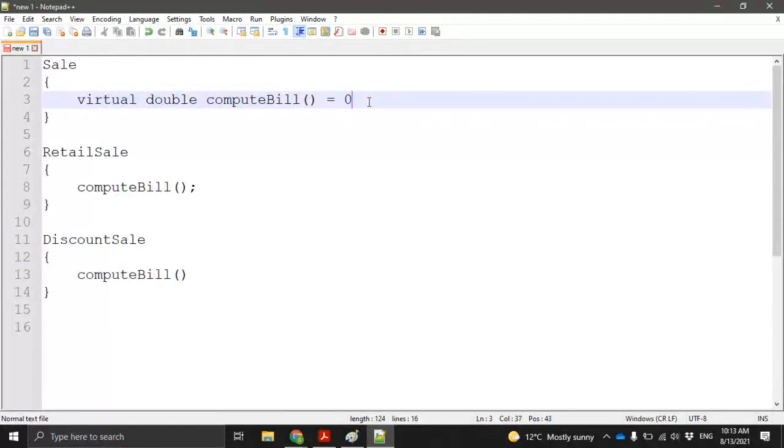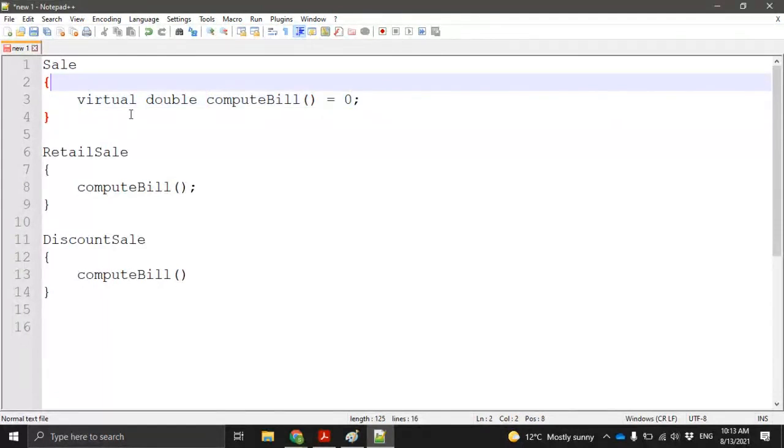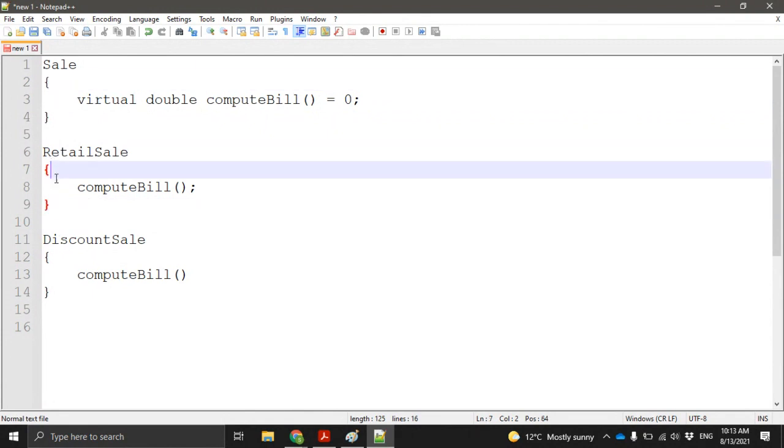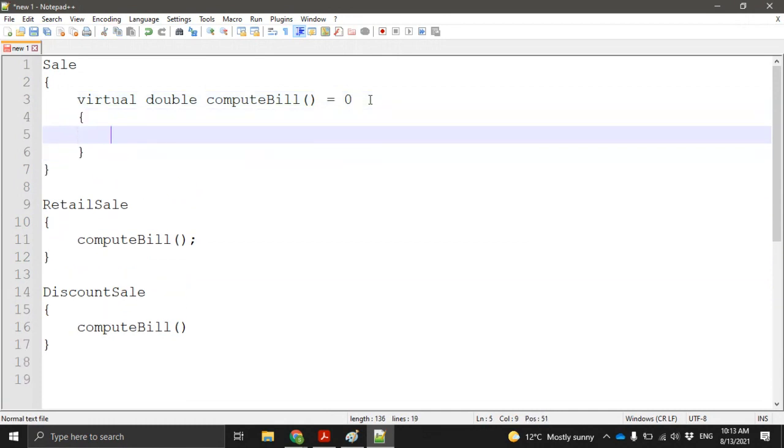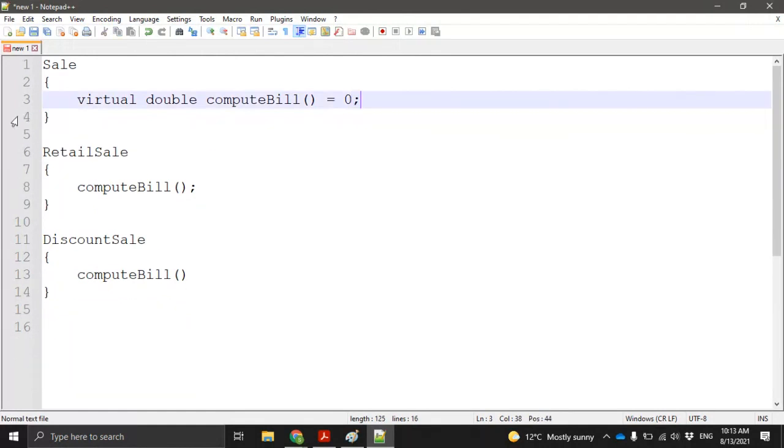Then, for example, if there's no default way of computing a bill, if it will only depend on the kind of sale, then we make it a pure virtual function. A pure virtual function means that in the parent class there will be no implementation. So this is not allowed for a pure virtual function; we can't have an implementation in the parent class. It means that we can only have an implementation in the derived